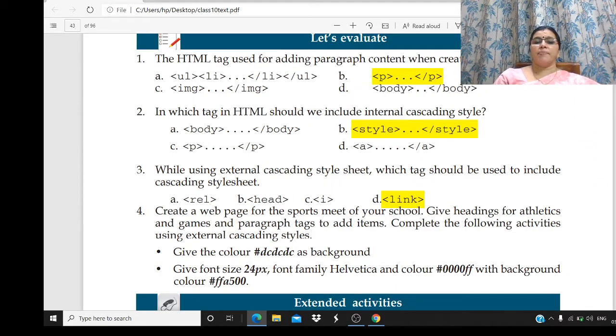Tag used for adding paragraph content. When creating a web page paragraph content, which tag is used? P. P tag is used. Then, in which tag in HTML should we include internal cascading style? Internal cascading style is written inside style. Isn't it? Style is inside head. While using external cascading style sheet, which tag should be used to include cascading style sheet? How to include? Using link tag. Using the link